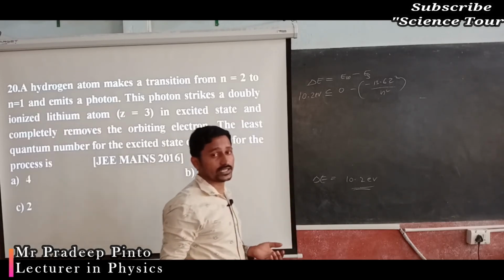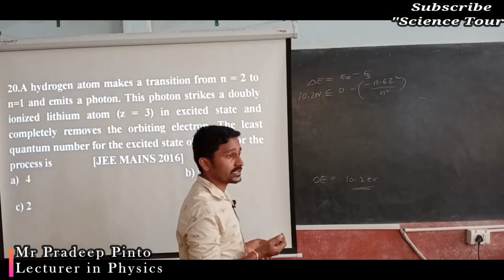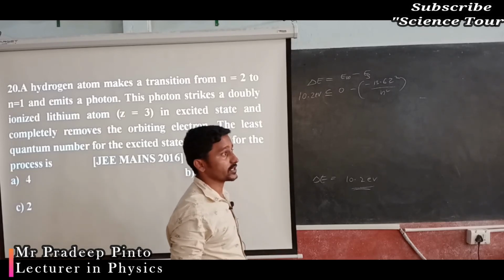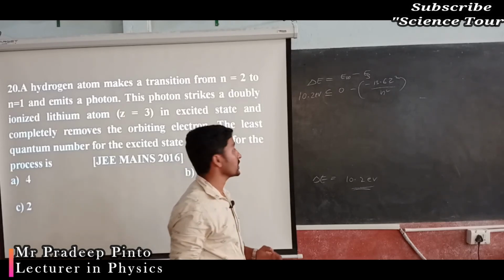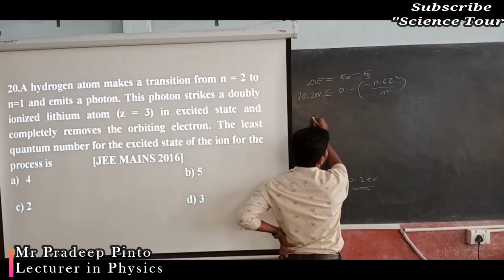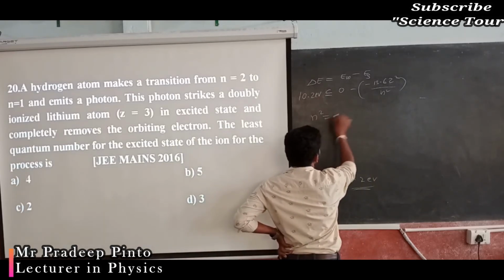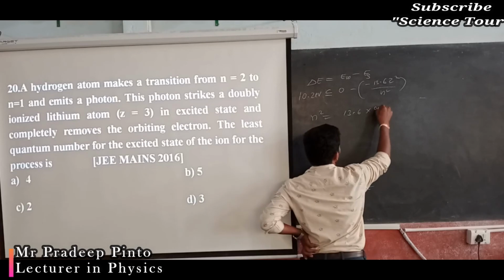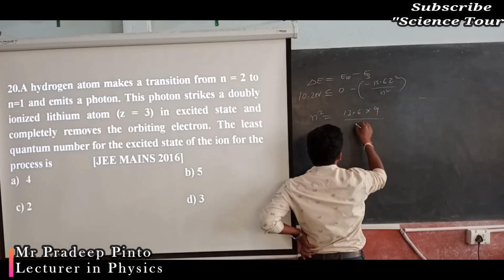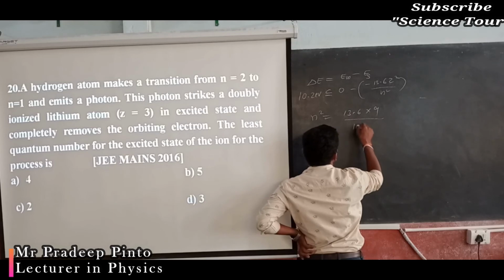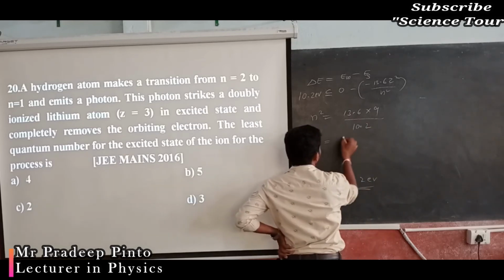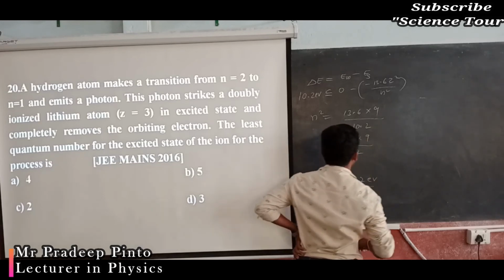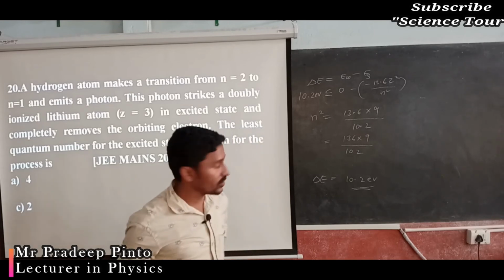It is ejected now. They are saying that one electron was there in the lithium, it is already ejected. But in which quantum number it was, so that that photon can eject? Let's see. So n square you have to bring here. I can take, that is n square, minus minus cancel, 13.6 into 9, no? 3 3s are divided by n square is how much, that you have to find out, 10.2. So what I will do, 136 into 9 I am going to write down and 102 I am going to write down. Okay. Now what is the value you are going to get?